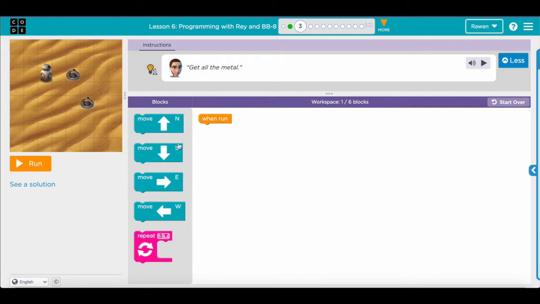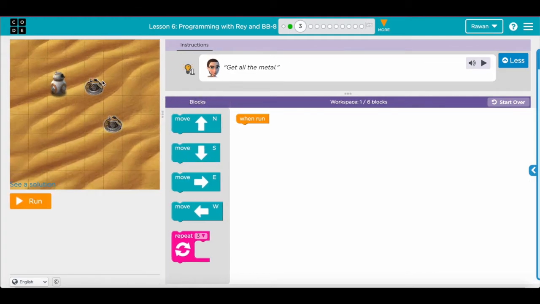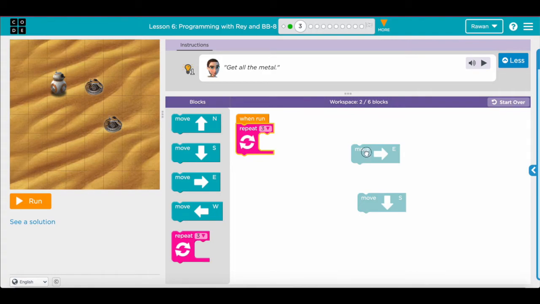In this practice, we want to move BB-8 this direction, which is the east, and then that direction, which is south. First, we're moving 1, 2, 3 blocks east so that we go above this one. So 3 times east. And then we're going to move down, but it's not necessarily 3 times, because if I